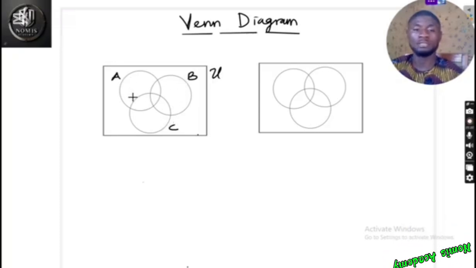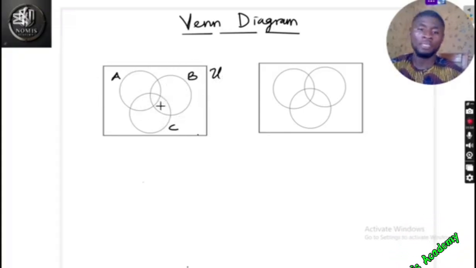We don't have it in A, we don't have it in B, we don't have it in C. Are you getting it now? So this part is a set that contains the elements that cannot be found in A, B, or C. That's why we should have a universal set which encompasses the entirety of the set